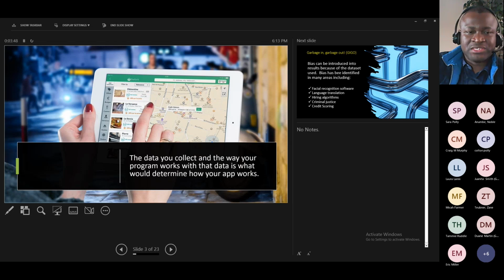Now, with the issue of data, you also begin to run into some problems, some of which were discussed in the course book. One of those problems you run into is the issue of bias. As developers or would-be developers, it's important that you pay attention to the kind of data that you gather and how you use that data, because